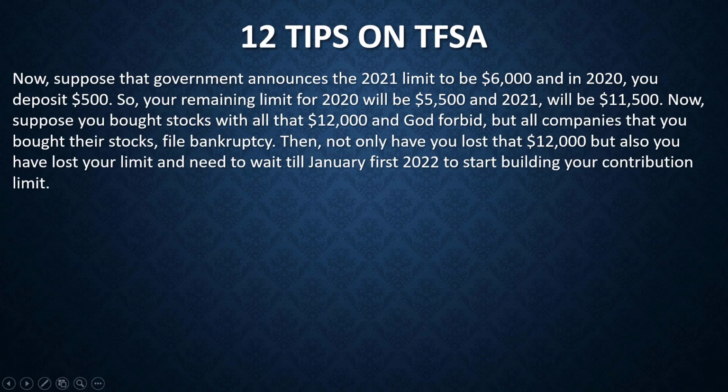Now, suppose that the government announces the 2021 limit to be 6,000, and in 2020, which is this year, you deposited just 500. So your remaining limit for 2020 will be 5,500, and 2021 will be 11,500. Okay. Now, suppose you bought stocks with all that 12,000, and God forbid, all your companies that you bought